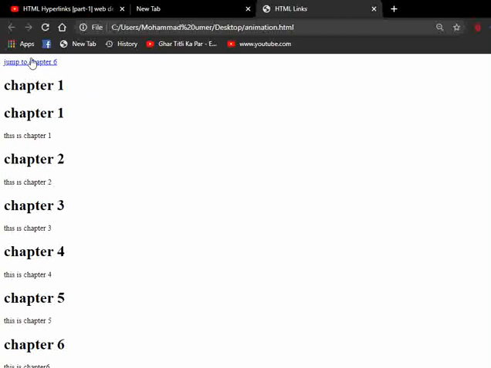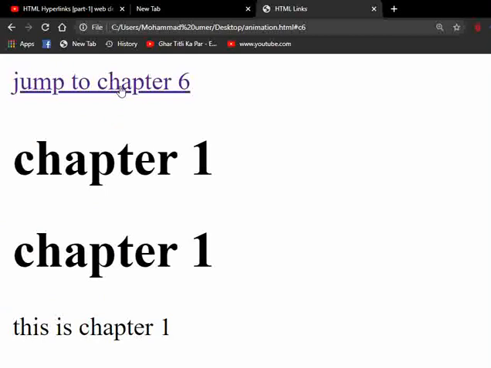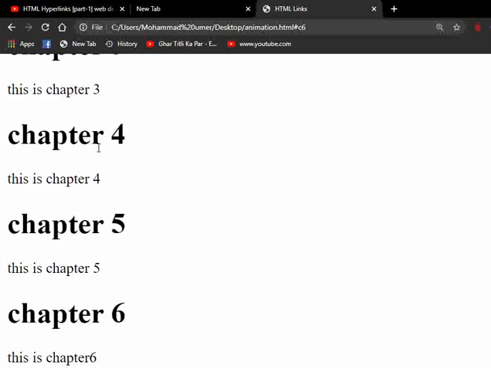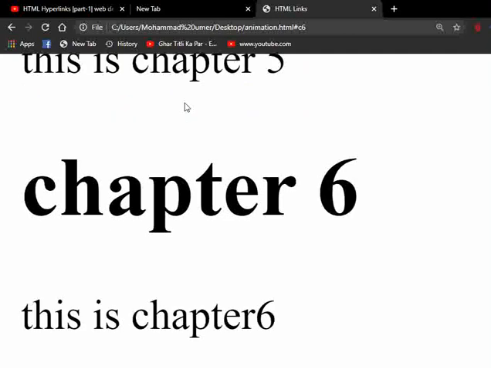When I click on this, jump to chapter 6, it shows me chapter number 6, because I have created a bookmark for jumping to this chapter. जब मैं इसको और जूम इन कर रही हूँ और इस पर क्लिक कर रही हूँ, तो इट इज़ ओनली शोइंग मी दिस चैप्टर नंबर 6 बिकॉज आई हैव क्रिएटेड बुकमार्क फॉर जंपिंग टू दिस चैप्टर नंबर 6. So that is how bookmarks work in HTML.